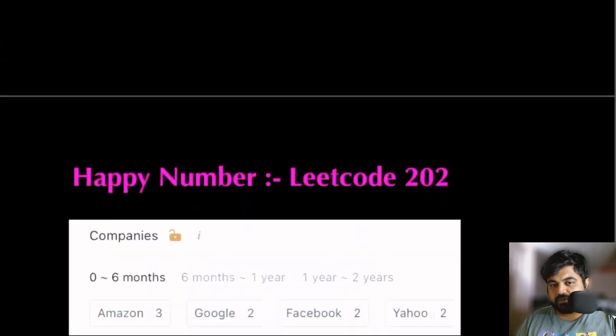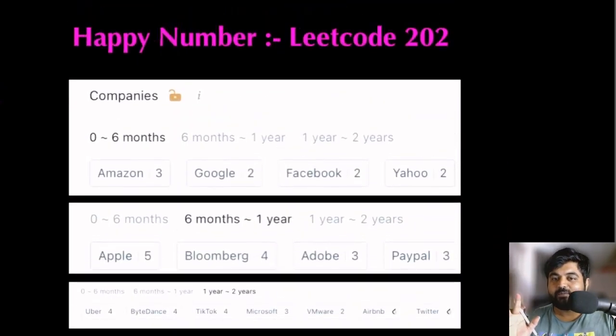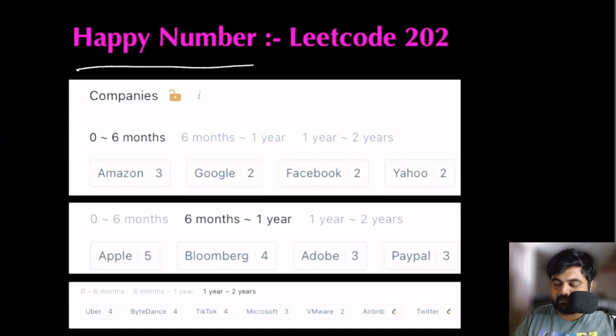Now let's move on to the next question. I found this to be a very unique and very good problem. I was pretty happy with this problem. I know some people might like it, some people might not, but in my opinion everyone should at least go and try to solve this problem once, because it's too much fun. I found it hilarious. The problem is the Happy Number problem.